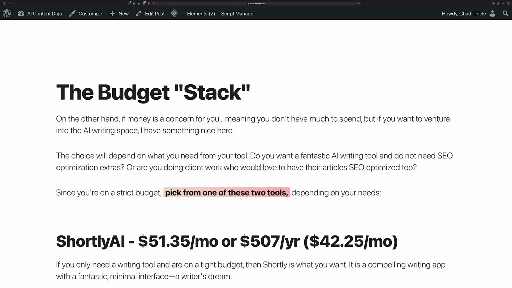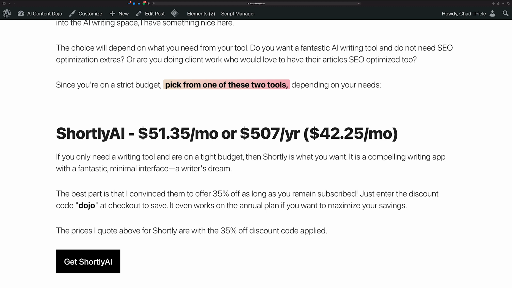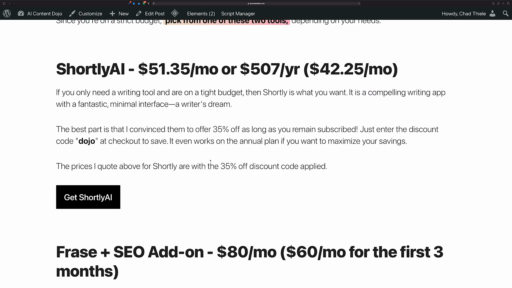I know money is a concern for a lot of people, especially if you're not from the US and your currency doesn't convert well to dollars and it becomes really expensive for you. Or maybe you're not even doing client work. You just want to use AI tools to see what they can do for you. So since you're on a strict budget, definitely pick one of these two tools. Pick Shortly AI or Phrase plus the SEO add-on.